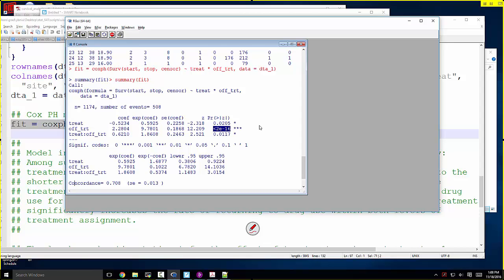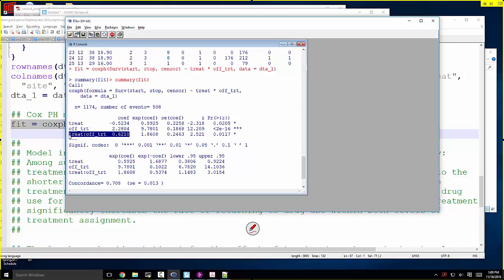So we were able to turn the issue of people dropping out of the treatment routine into a covariate. And we can see quantitatively that dropping out of the study is a bad move. If you're trying to stay off the drugs, don't drop out of it. We also have, interestingly, a statistically significant interaction between treatment group and off treatment. In particular,